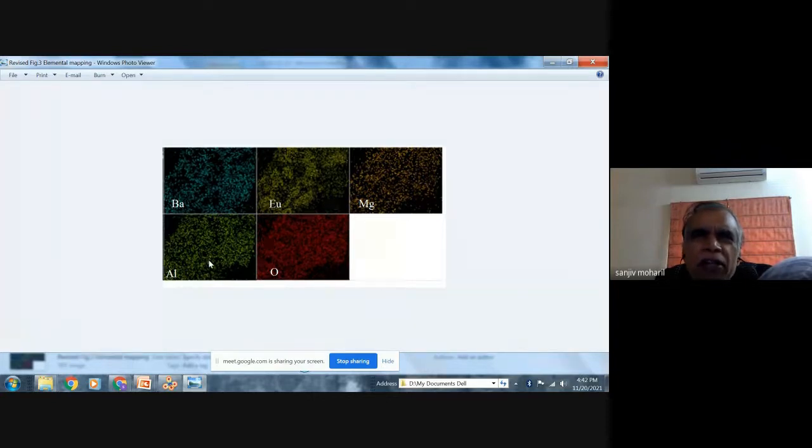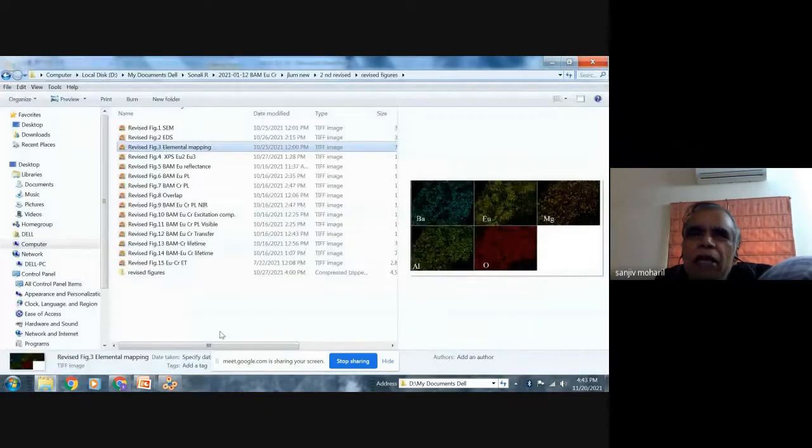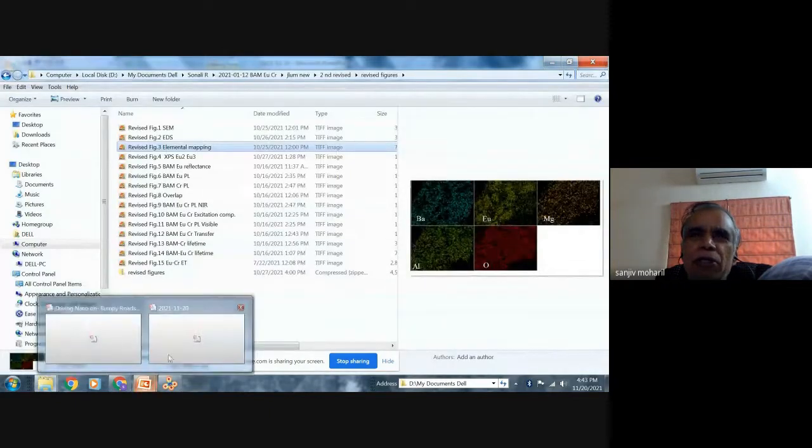And what we see here is that this is barium, and in this case we have doped europium. So this is fairly uniformly distributed. It is not that the activator is only at one place and not distributed throughout. So by doing the elemental mapping, we know how homogeneously the activator is distributed within the phosphor. So this elemental mapping is important.